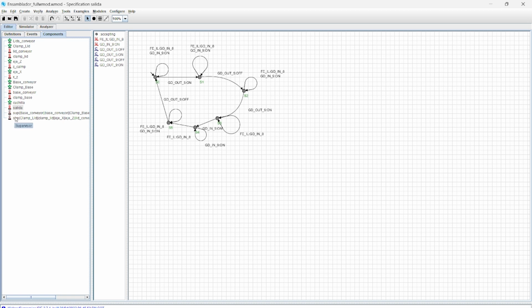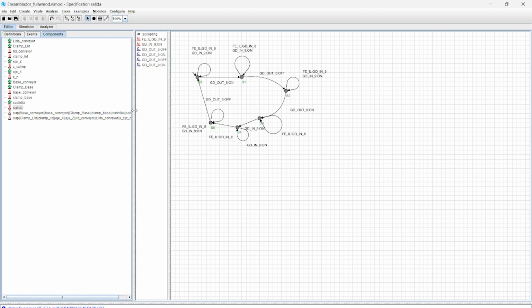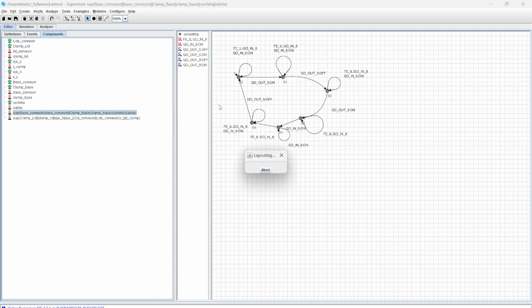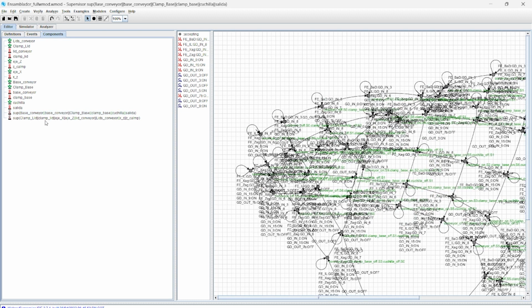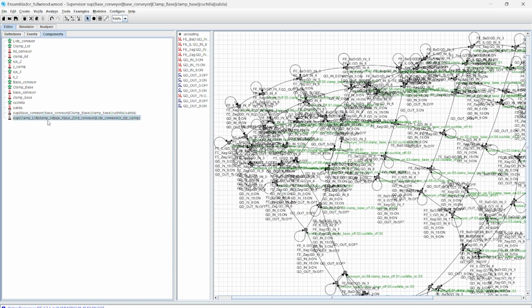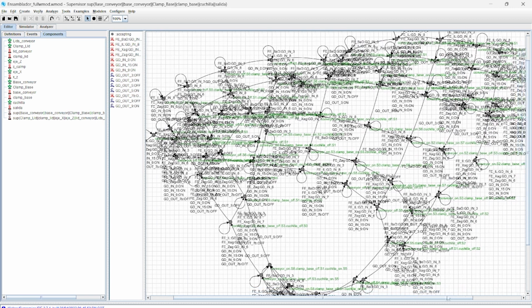In this case, for simplicity, and trying to reduce the number of lines at the end of this program, we combine into two automatas, dividing our plant into parts. The first of all includes the base conveyor, the base clamp, and the knife. The second one has the clamp lead, the lead conveyor, and both axes. As you can see, then you have a really big automata, but